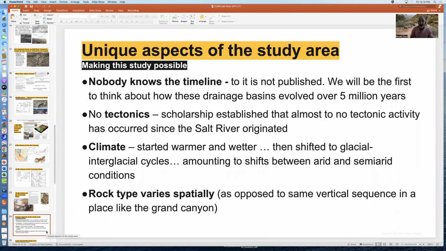But right now, what's making a study possible is that nobody else knows this timeline. It's not published. So we'll be the first people to think about how the tributaries around Canyon Lake and Apache Lake evolved over 5 million years. Most of the scholarship, most of the papers